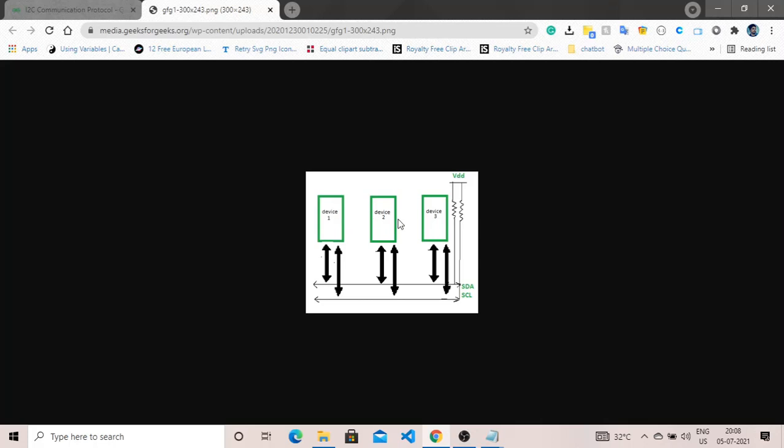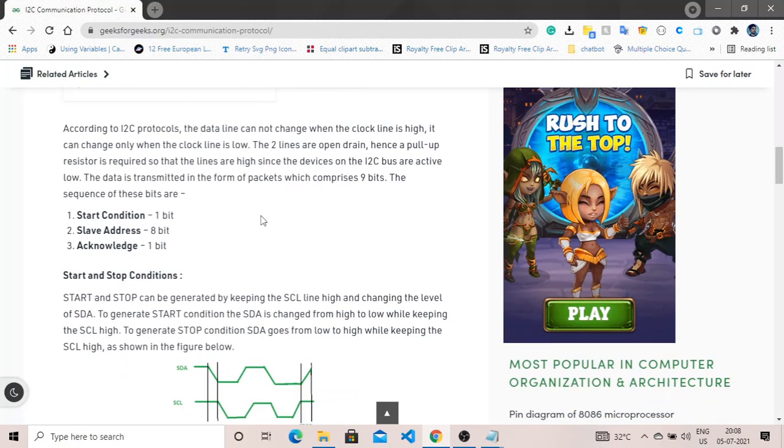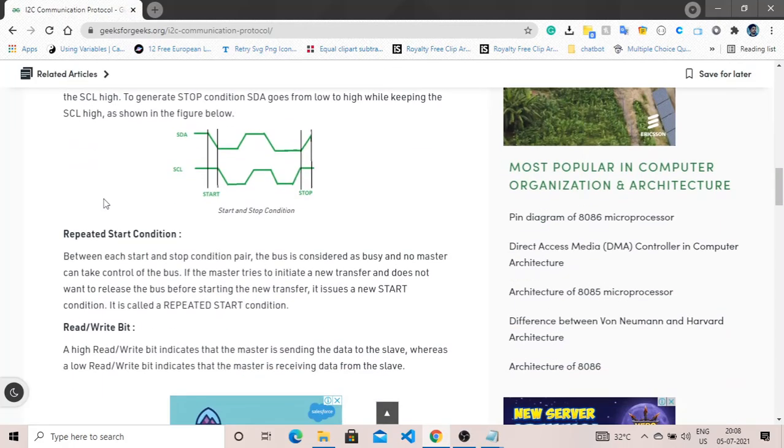By triggering the devices one by one, you will get the data from each device. By doing this, you not only use very few pins on the microcontroller, but it will also improve your project, and you can use as many devices as you want based on the I2C communication protocol.